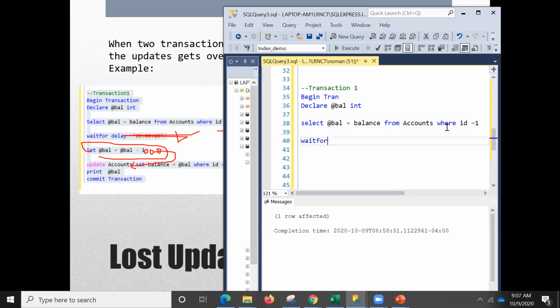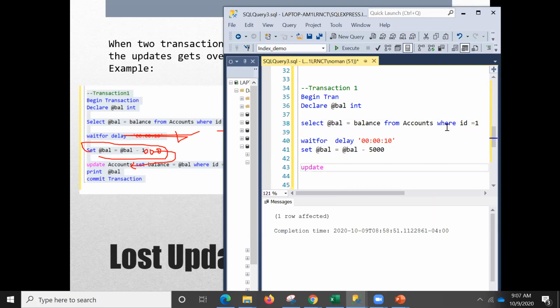Now WAITFOR DELAY, and see here, we are waiting here for 10 seconds, right? And now set @bal equal to @balance minus 5,000. We are just trying to do anything at all, right?